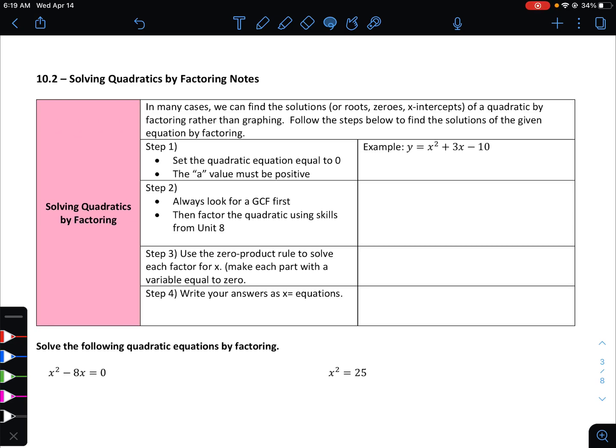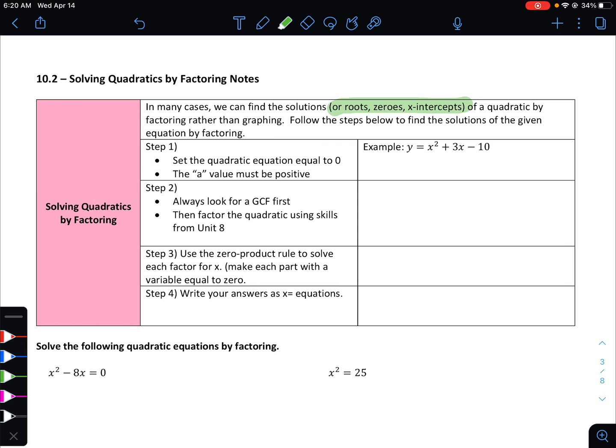Alright guys, so in section 10.2 we're going to see our first method that we can use to help us solve quadratic equations. And it's going to be what's called factoring, which we've actually already seen. So in a lot of cases we can find our solutions, which just a little bit of vocab. The solutions are also sometimes called the roots, the zeros, or the x-intercepts of a quadratic equation by factoring instead